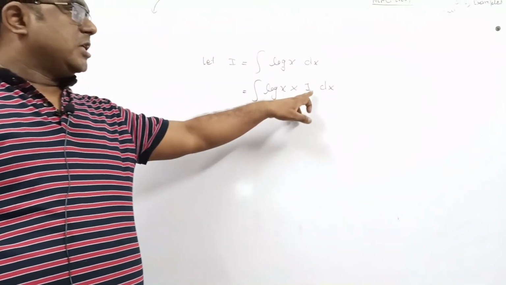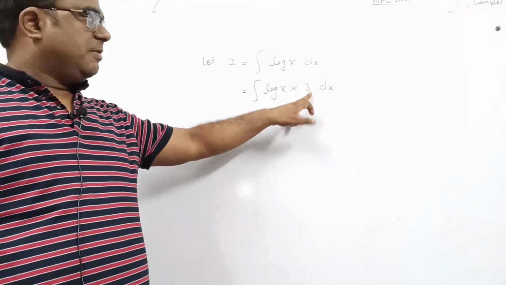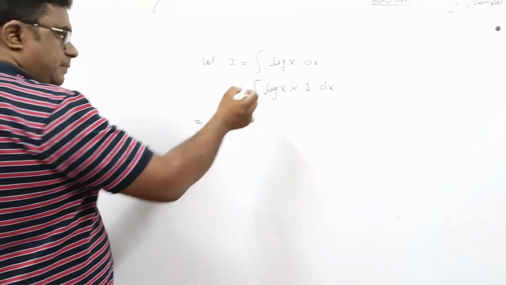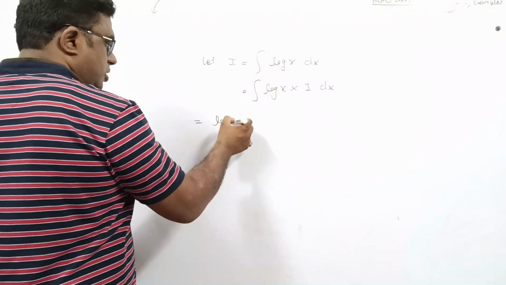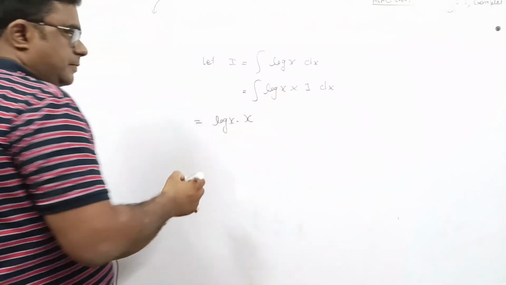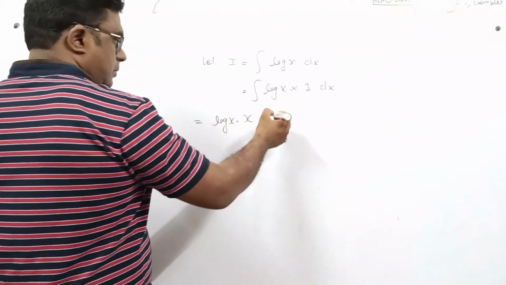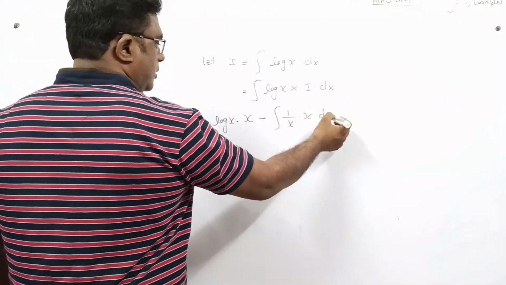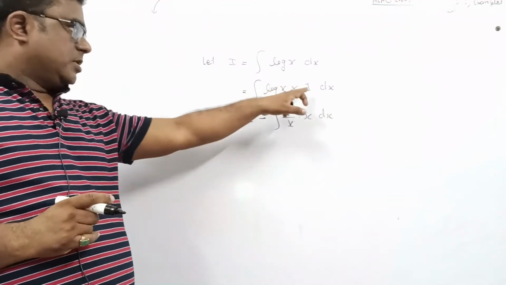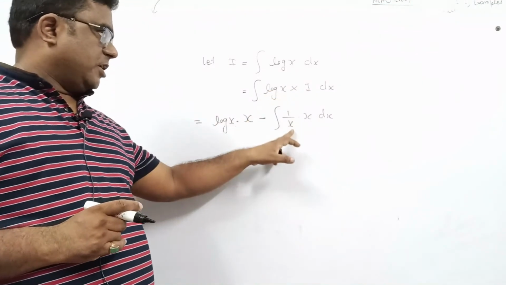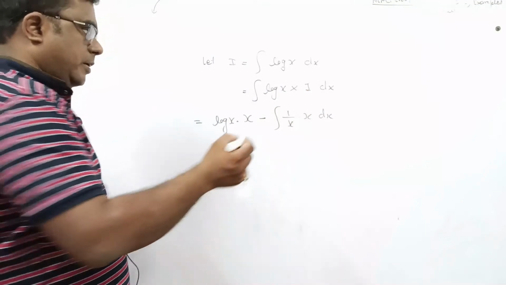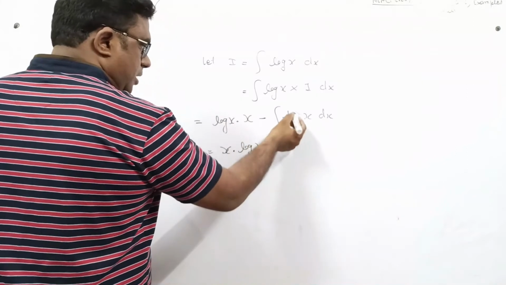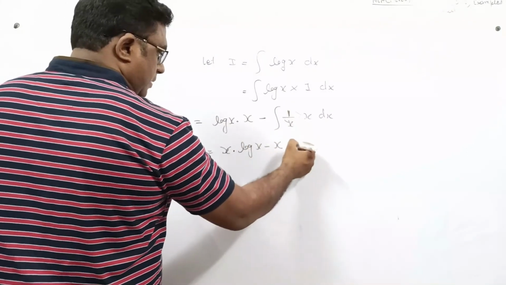It is a logarithmic function, it is an algebraic function, so the log function comes first, the algebraic function comes second according to ILATE. Now let us apply integration by parts. First function no change, integral of second minus whole integral, differential of first, integral of second and dx. First function as it is, second function integral, first differential, second integral, and this is cut. So x into log x minus, it is 1 left here and the integral of 1 is x plus c, answer.